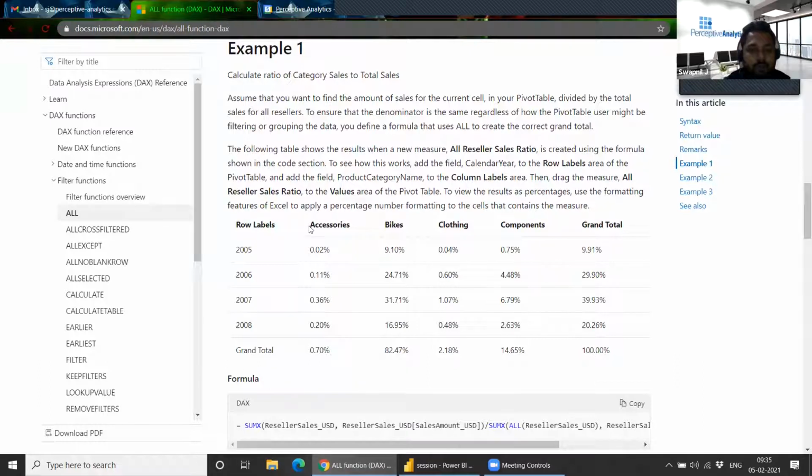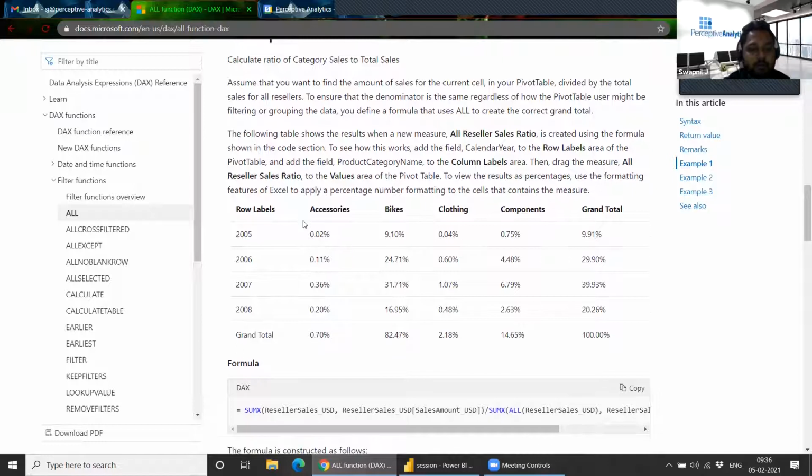If you do this directly, the sum of accessories in 2005 will be divided by the total number of accessories. There's a default visual filter that is applied whenever you show something on the Power BI screen. To overcome that, we use the ALL filter.